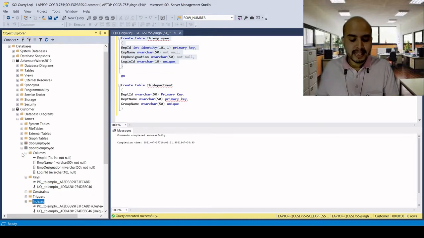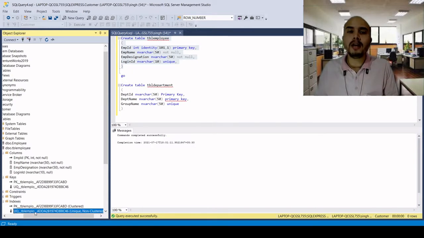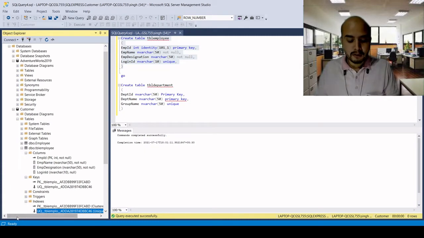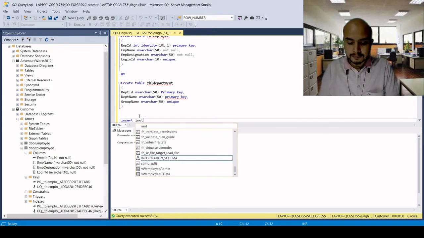And here you will see that there are two indexes on those fields. PK is by default a clustered index, and the unique key is a non-clustered index. So that is the difference between the primary key and the unique key. Now let's try to insert some values into the table.